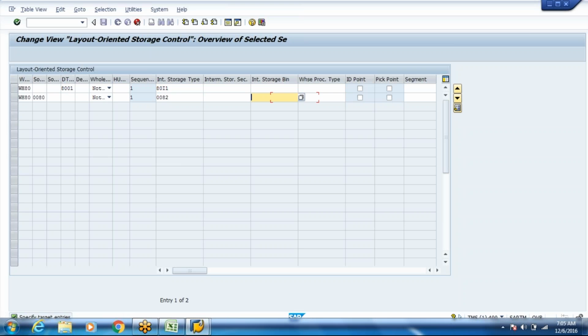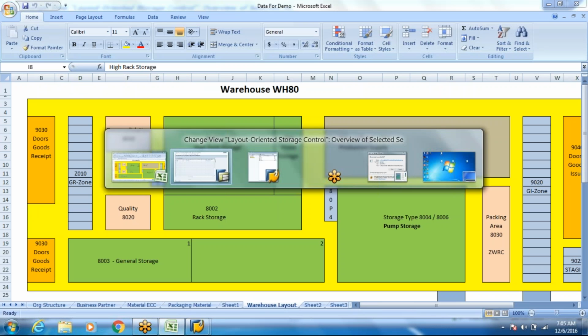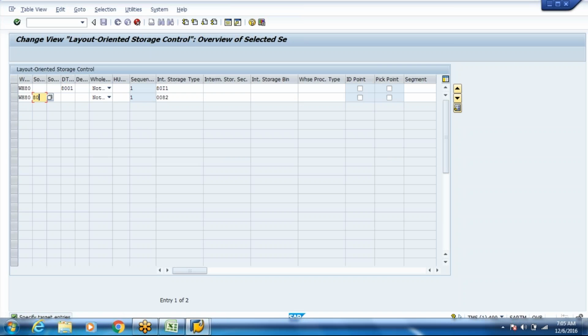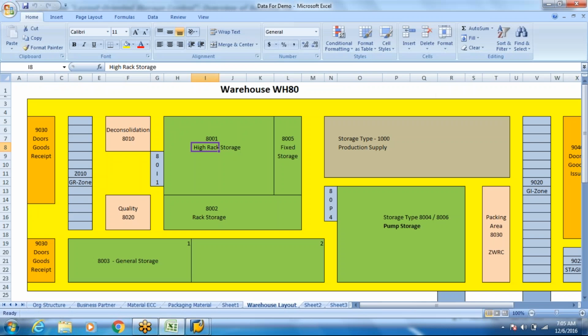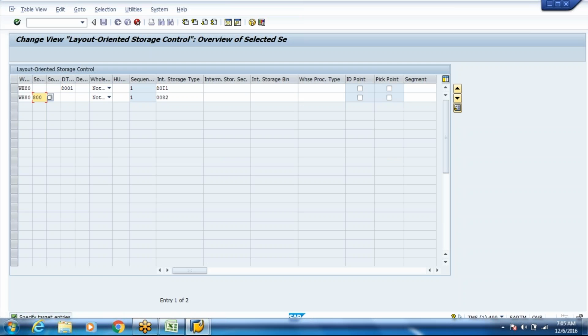Same way we'll create a bin name here, and where I say whenever the stock is being removed from 8004, destination is blank. Okay, it should go via